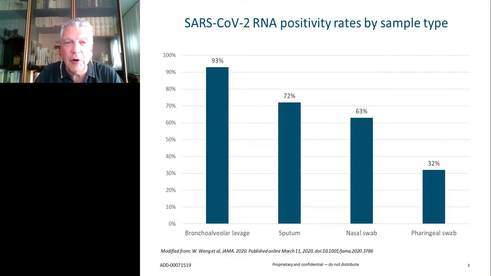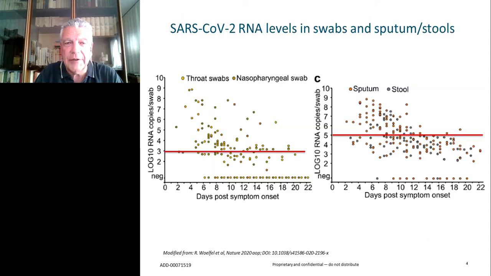The first and foremost thing that people will look for is viral RNA. This is recommended everywhere, and it makes a lot of sense because it gives you an idea if the microorganism is indeed there. The point is that regardless of the technique used and the sensitivity, the yield depends a lot on the kind of samples you are using. So the deeper you go into the respiratory tract, the higher the likelihood to find viral RNA. And there is quite a good reason for that.